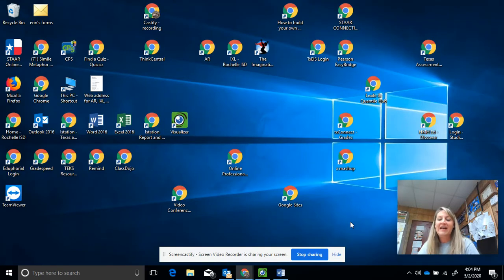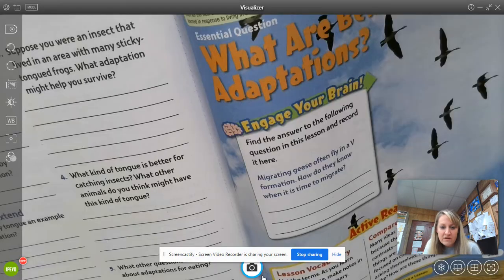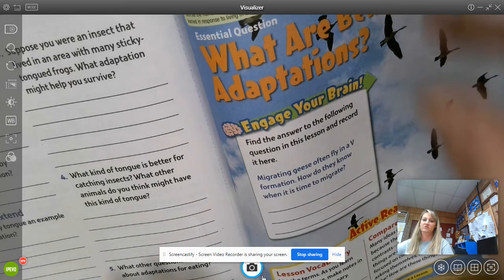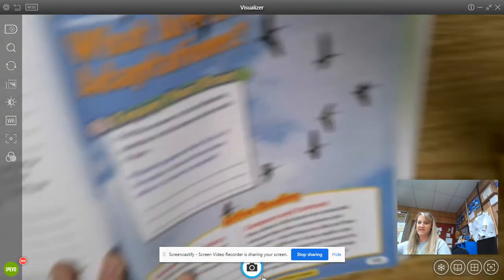Hi everybody, I am going to now review you for your science test. But before you do your science test, you have to do the last lesson in your book on page 525. It looks like this. I'll show you. It is what are behavior adaptations,